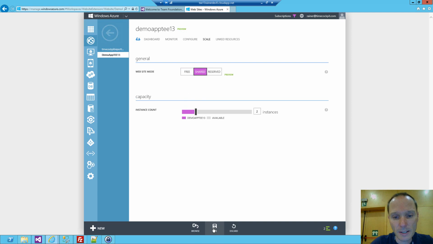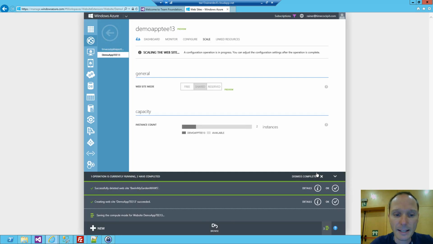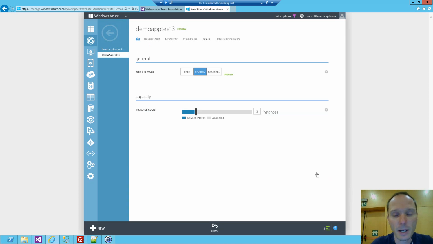I want to scale up to not only use a single IIS, I want to use a web farm in this case. And again, it's only a matter of seconds. And we have a web farm with a load balancer and everything set up. So when we now deploy content to our website, this content is in reality stored in Windows Azure Blob Store, and the Windows Azure Blob Store is shared by all IIS